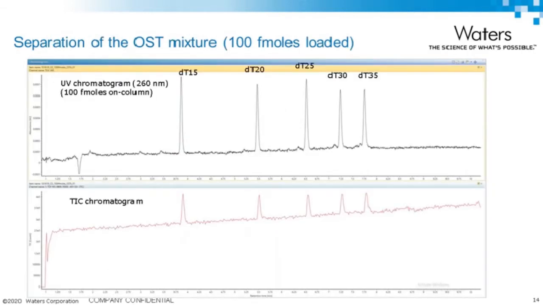When we load lower amounts of sample, as shown here with 100 femtomoles on column, we can still maintain very good sensitivity between the UV trace and the MS trace. All the 5 major components are still detected even with 100 times less sample loaded on column, and this is visible in both chromatograms. This also means that the MS background in the TIC chromatogram is very low, such that even with small amounts of compounds loaded on column, we can still clearly see well-defined sharp peaks.